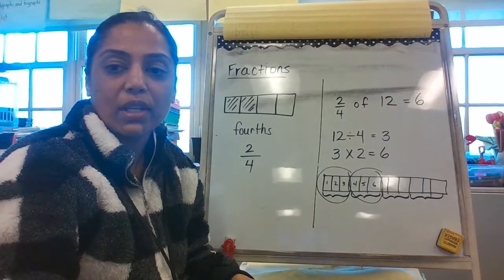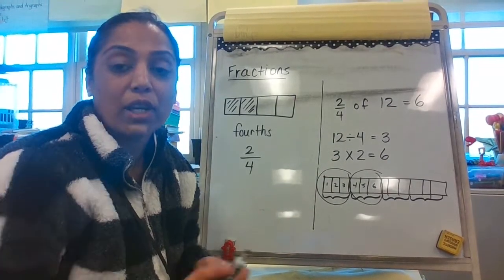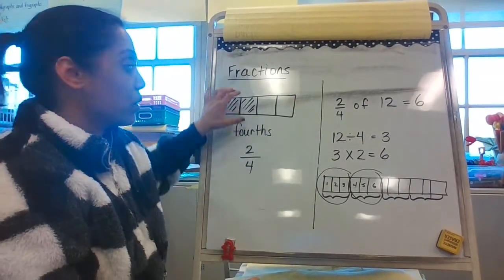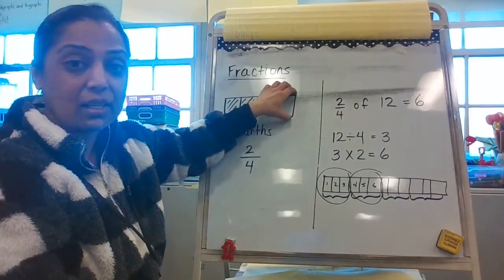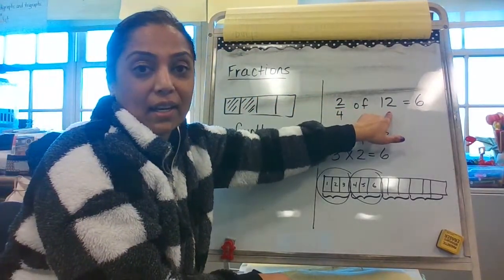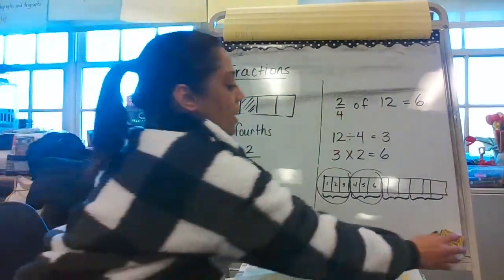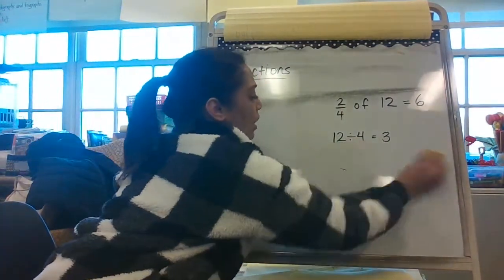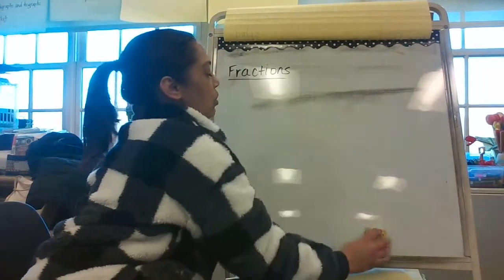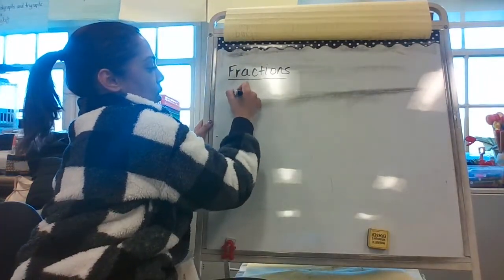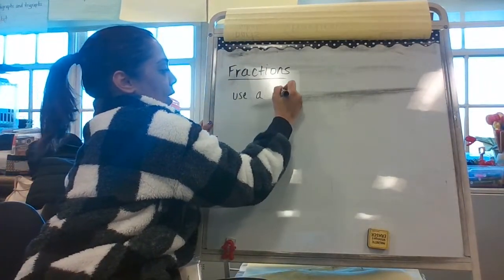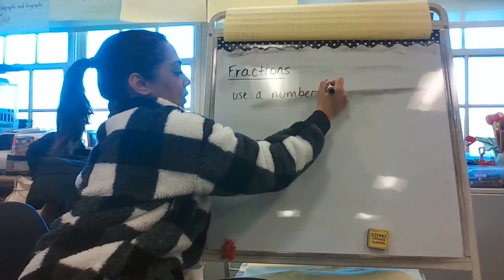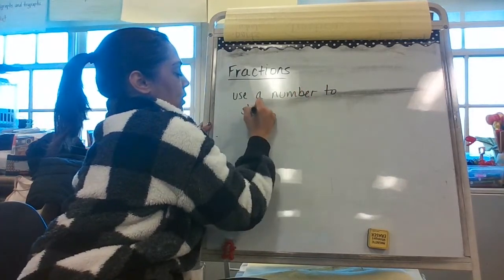So those are just some things that we've been looking at in fractions using a whole that looks like this, or a collection or a set like this. Okay. Something else that we've been looking at is number lines, using number lines for fractions. And how does that look? How would you go ahead and use a number line